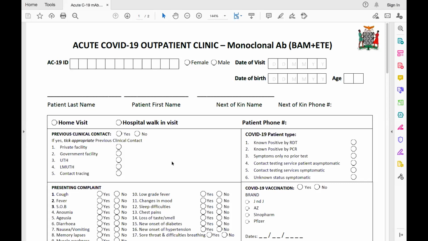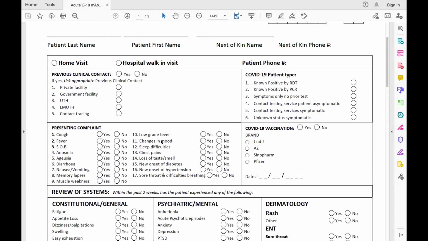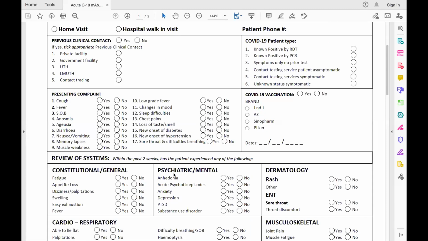So like it was mentioned earlier on, it is very key for us to keep track of the things that are indicated here, so that as we track post-market surveillance in terms of side effects and all, and as we report to ZAMRA, we are going to notice those things that are new that the patient would not have been presenting with as they came to the hospital. Many of these we capture in other admissions, but we need to make sure that we populate these things as shown here.